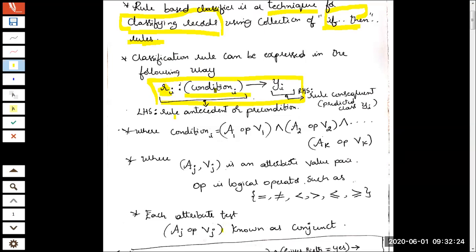For example, if you want to come to MIT, you need to wear an ID card. That is one rule. You should not bring a mobile phone. That is one more rule. You should be in uniform. Maybe that is a third rule. If all three rules are satisfied, then only will you be allowed inside MIT and be called an MIT student, meaning that is a class. Same thing here. We have the conditions here. Is the student wearing an ID card? That is one condition.